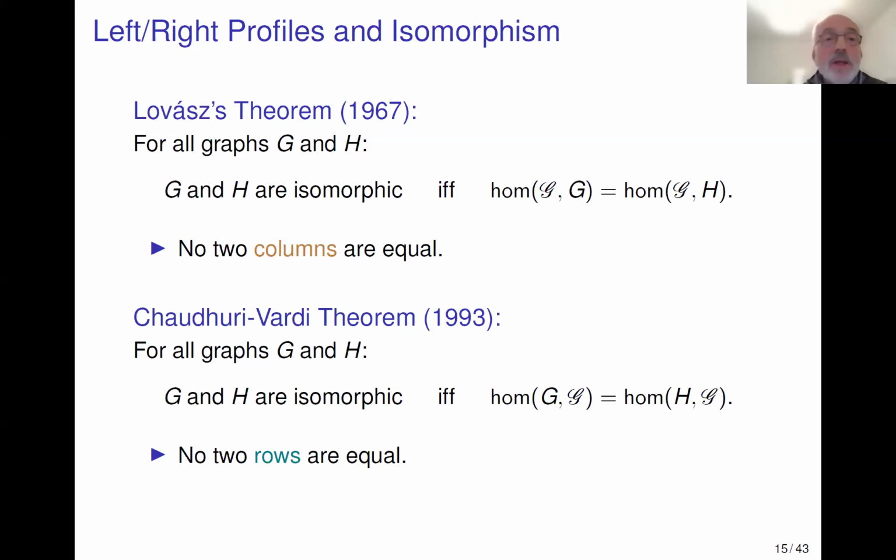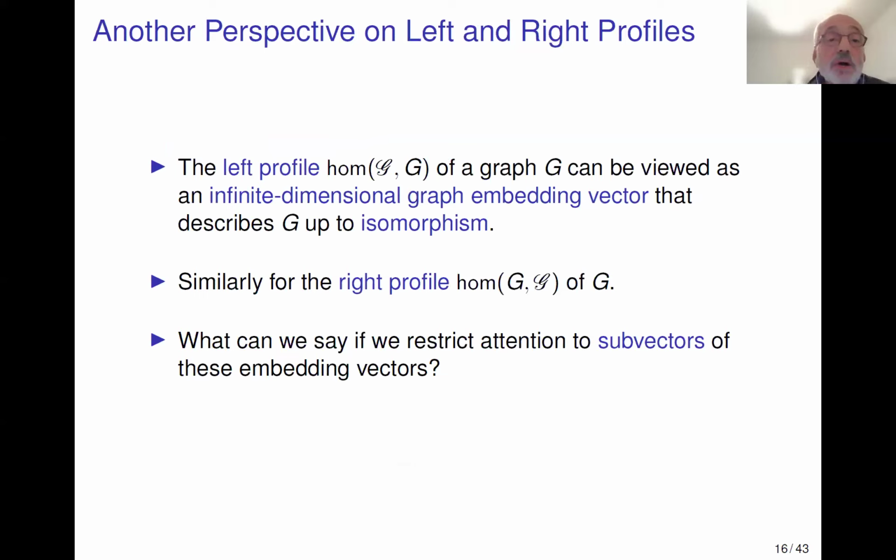Okay. All right. So as I just said, the left profile of a graph can be viewed as an infinite dimensional graph embedding vector that describes G up to isomorphism. That's the essence of Lovász's theorem. Similarly, for the right profile of a graph. Now, what the question is, what can we say if instead of taking the entire infinite vector,